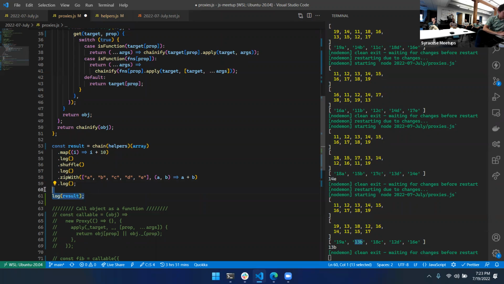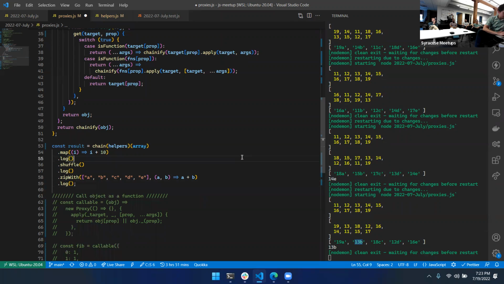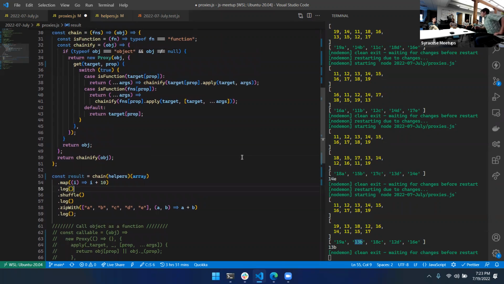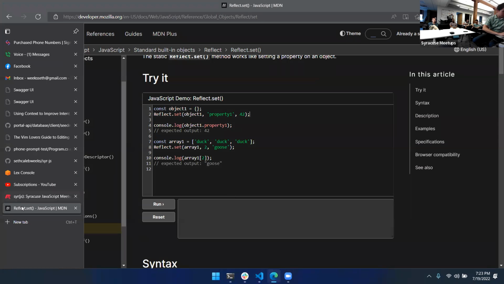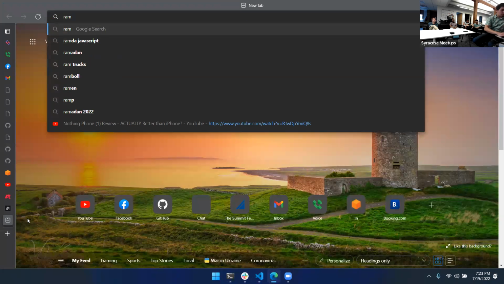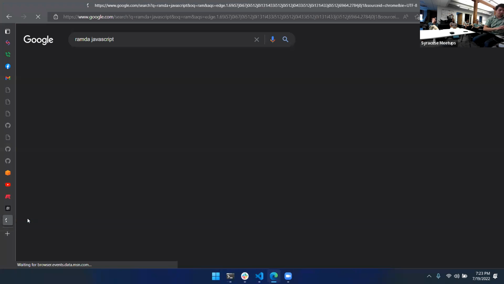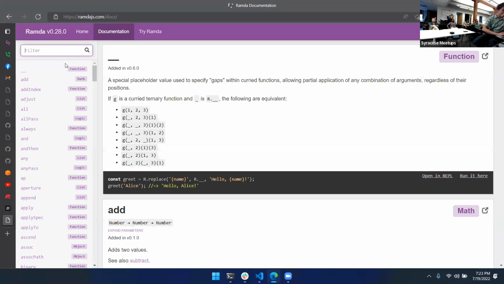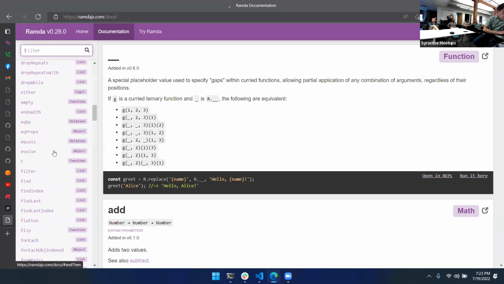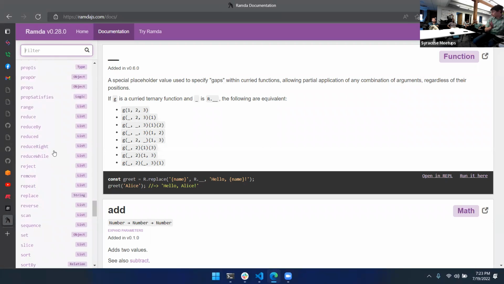Cool. Any other questions on this one? It's similar to the Ramda thing. Yeah, so, do you consider this close enough to consider making a PR? No, I'll show you what is similar in Ramda to this concept. Ramda provides a whole bunch of helpers. It's a utility function library,